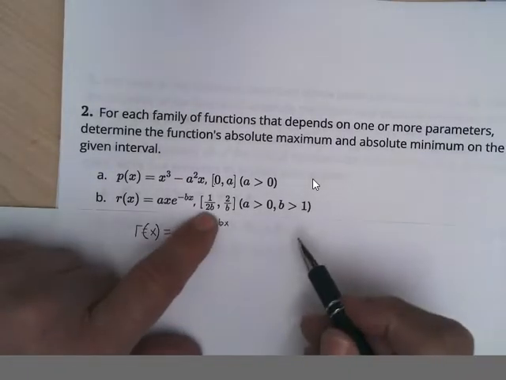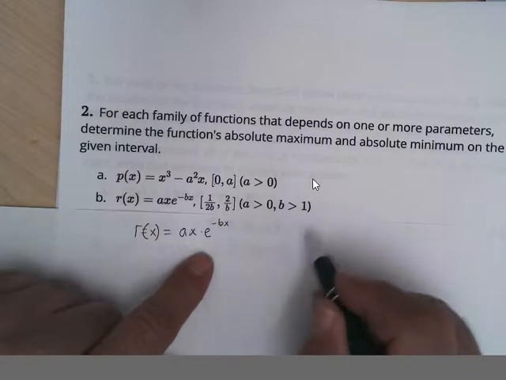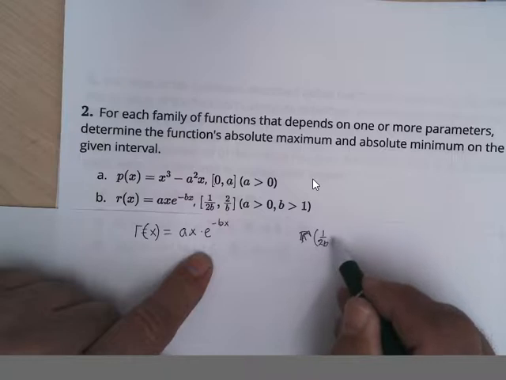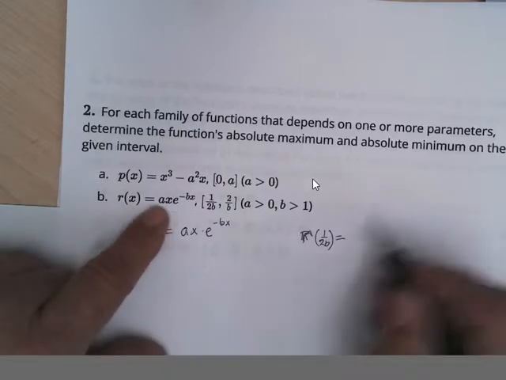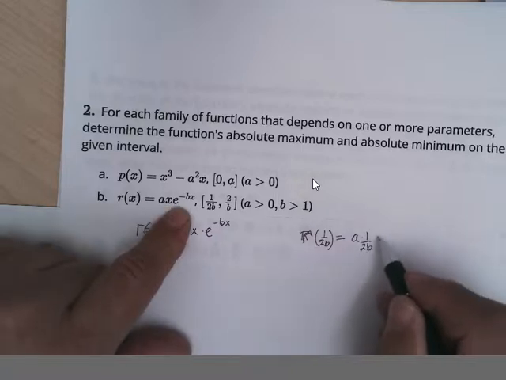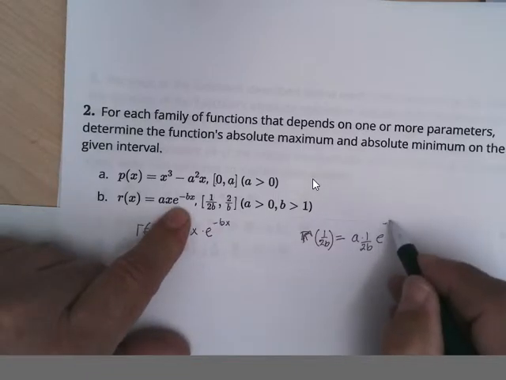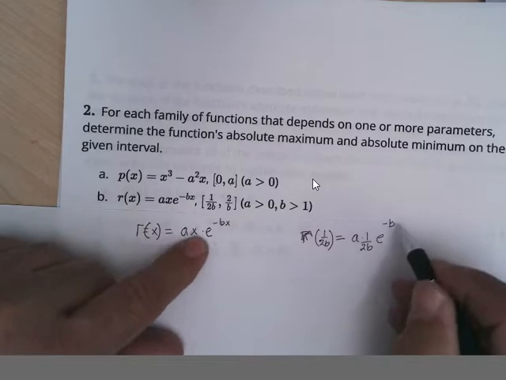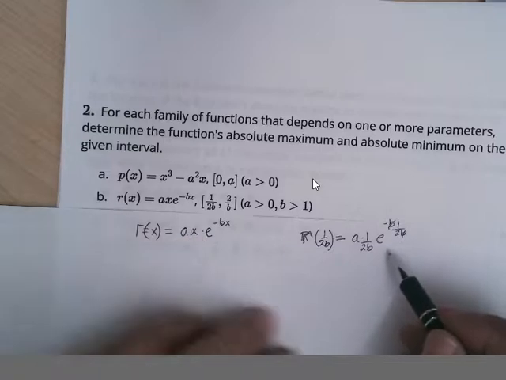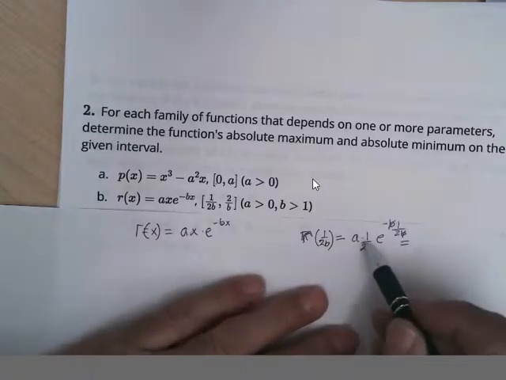We've got to put in 1 over 2b into this. r of 1 over 2b would be a times 1 over 2b, e to the minus b times 1 over 2b. The b's cancel, and so this becomes